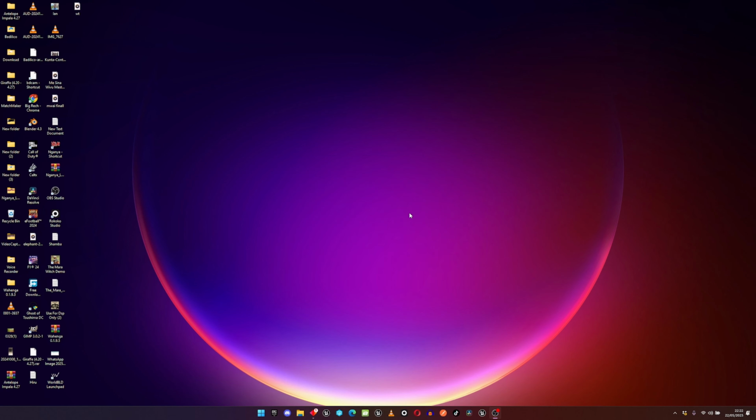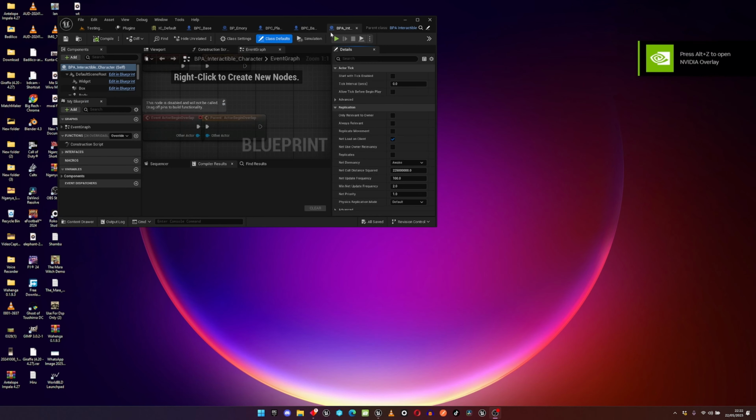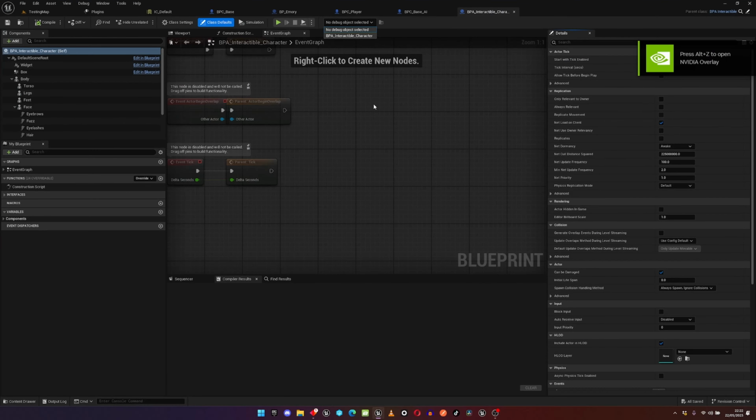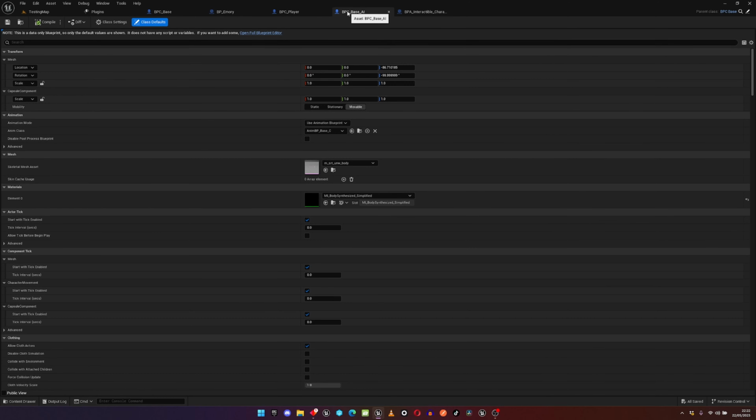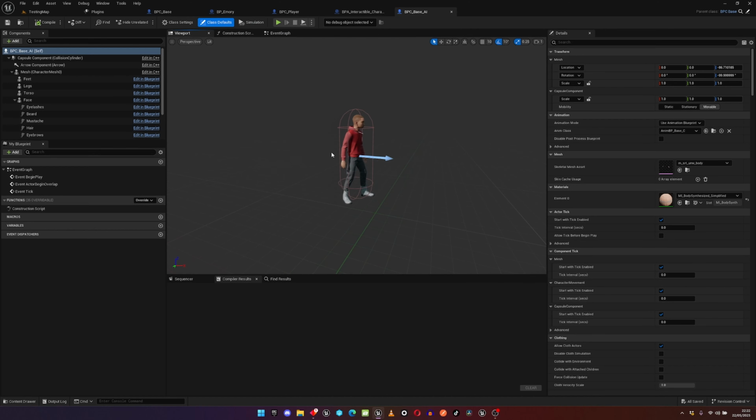Compiling blueprints. Yeah, it's all set now. I've also enabled the editor to always open my last assets that I was editing. So when you go back to the base AI, compile that and hit